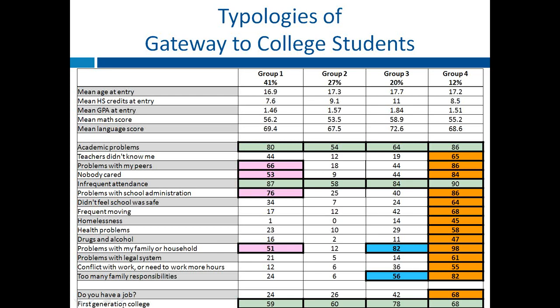And interestingly, we are not serving any particular group better than the others. So we're not seeing that one of these groups is more successful in either courses or graduating or retention for the most part. We're going to talk about that in a little bit. Not even Group 4. Not with all that stuff going on. Not even Group 4.